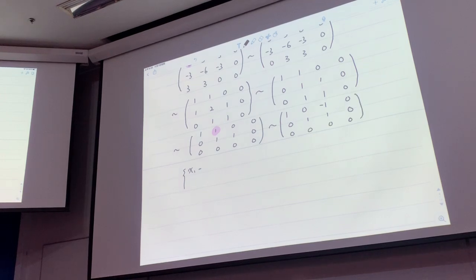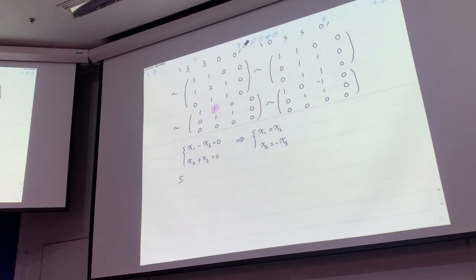Then we get the equation x1 minus x3 equals 0, x2 plus x3 equal to 0. And then we got x1 equal to x3, x2 equal to negative x3. Okay, so the solution is